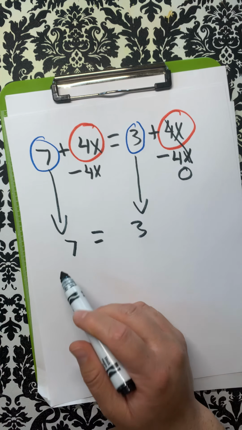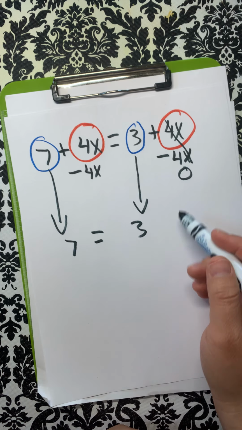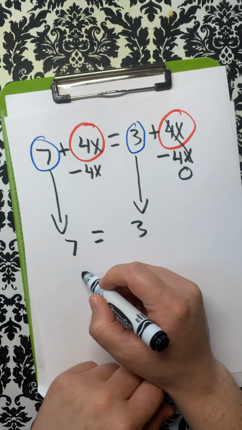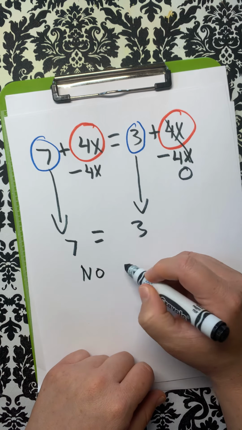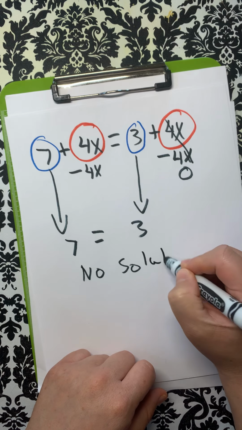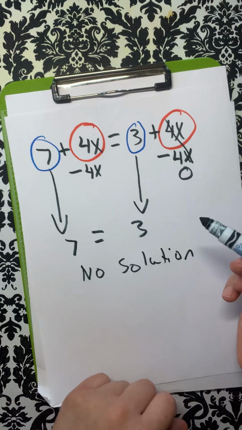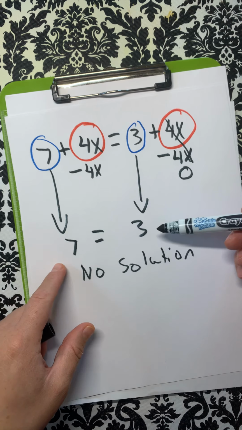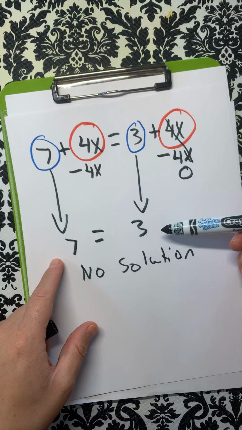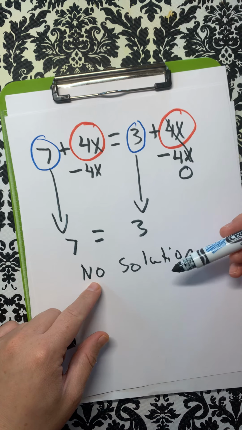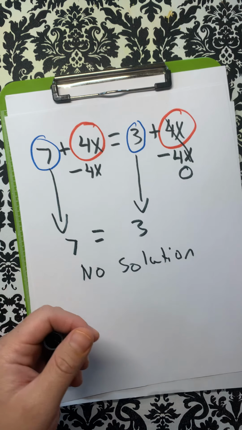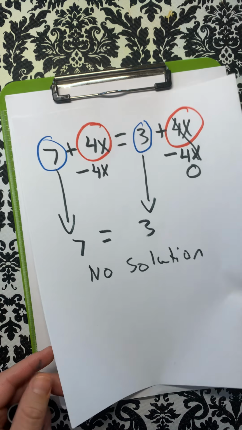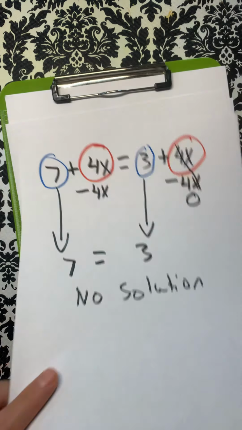Well, we know that 7 does not equal 3, and because there's no other variable to solve with, this equation actually doesn't work. So the answer for this one is there's no solution. So if the variables end up canceling out, and all you're left with are your two integers, the answer is going to be there's no solution, because nothing can work this equation out. So that's the second kind that you can see. The third one